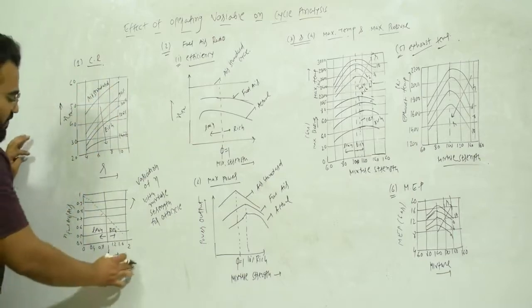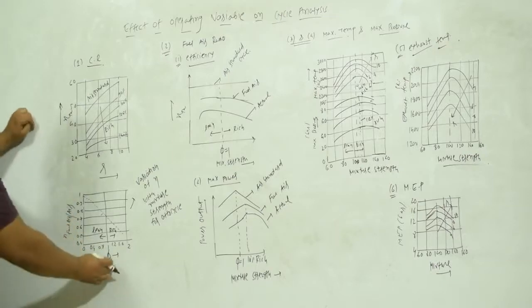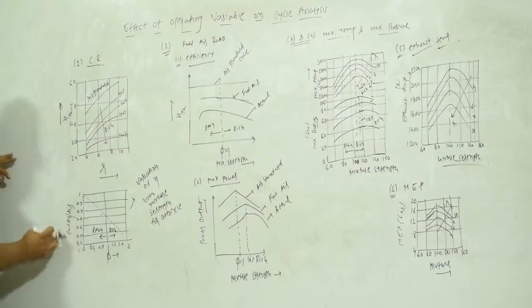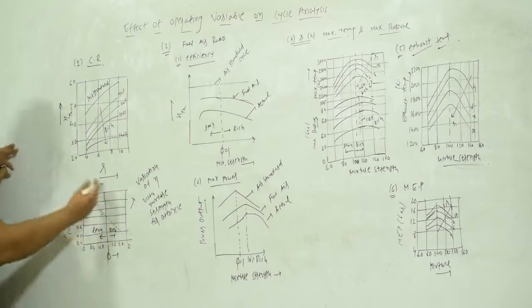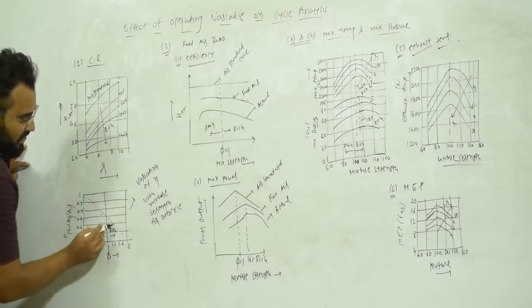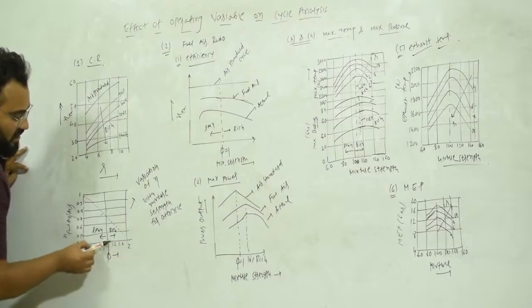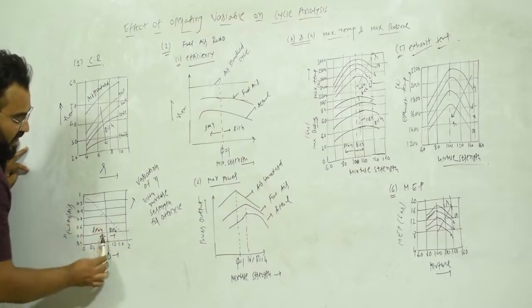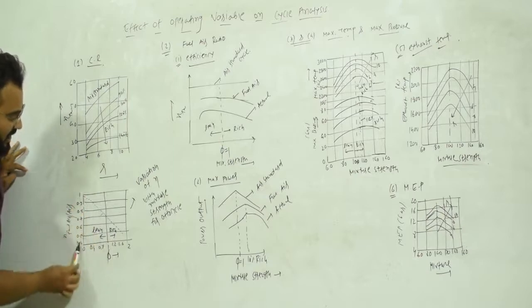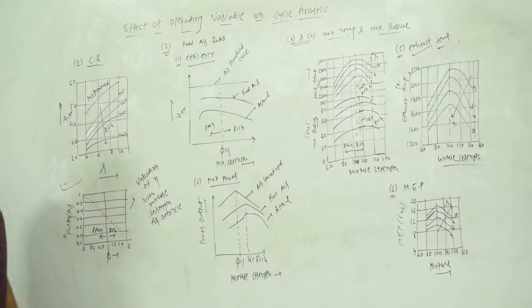Now let's see another graph, which is the equivalence ratio that we already saw in the previous theory. This is the same graph. This is the equivalence ratio, and this is the efficiency ratio, efficiency of fuel air upon efficiency of air standard. I already explained what is happening here. On the y-axis you have efficiency ratio, on the x-axis you have equivalence ratio. If your mixture becomes richer and richer, your efficiency decreases, and if your mixture becomes leaner and leaner, then your efficiency is going to increase. We already discussed this graph in the previous topic.